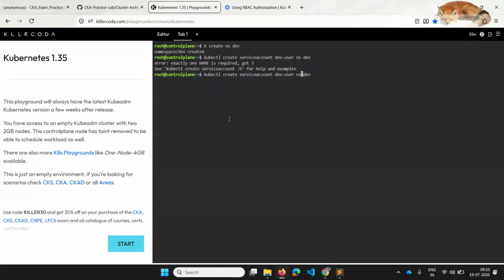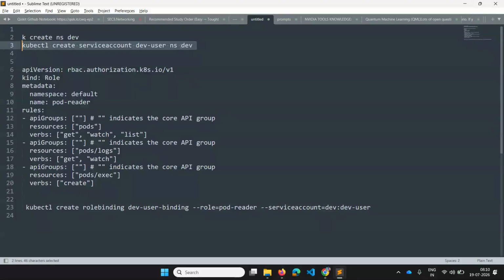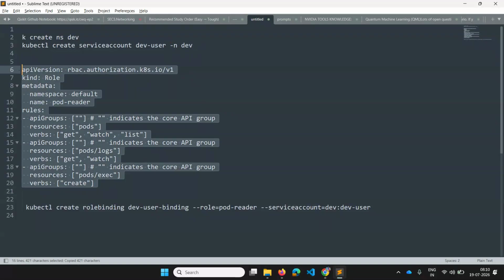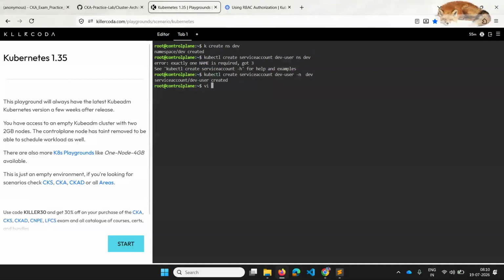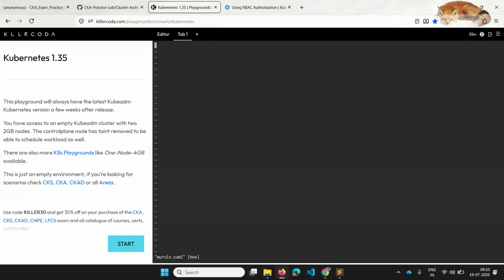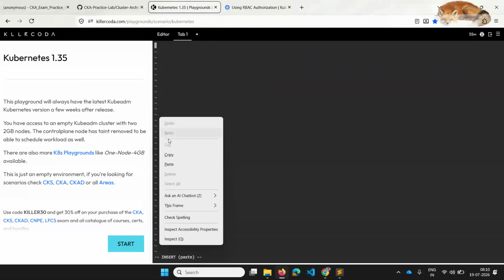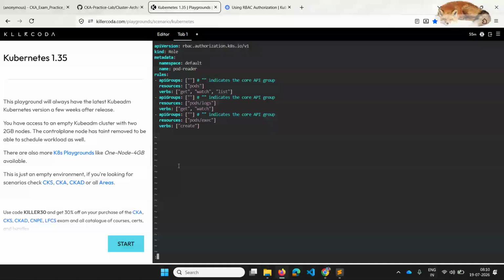The command is this, and then we'll create a YAML file for a role, vi my role dot YAML. Just insert, paste, escape, and save it.